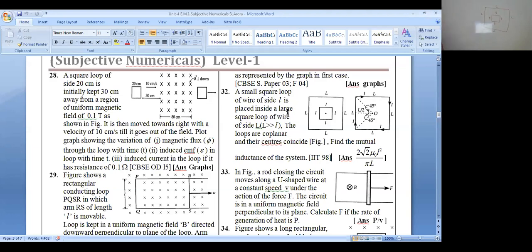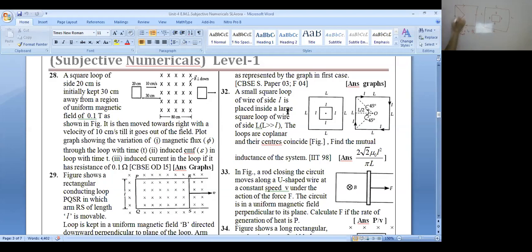What to do here? Find out the magnetic field because of this bigger loop at the center. We have solved this question. Suppose this is the current flowing in this loop. Here at the center, what is the magnetic field? Suppose the current is I. The net magnetic field will be 4 times B1, because the direction is inward, like this. So the net magnetic field you can find out is 4 times the magnetic field due to 1.